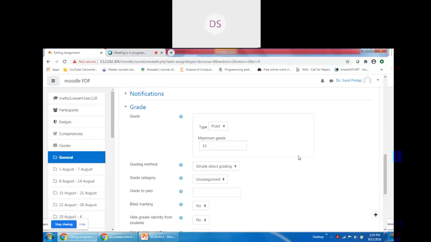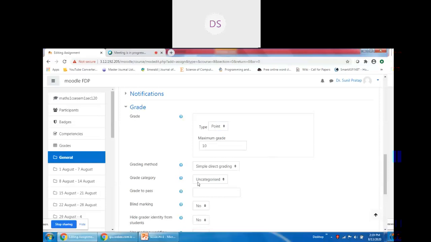I can see that by default the grade type is point scale. We may give the assignment none, which means their marks will not be assessed and will not be transferred to the grade book. So here you have two options. You can evaluate the assignment based on points, like 5.6 points out of 10, or on a scale such as good, very good, and other scaling options. The maximum grade I am setting here is 10, and the minimum grade to pass is 5, as I set at the assignment category.